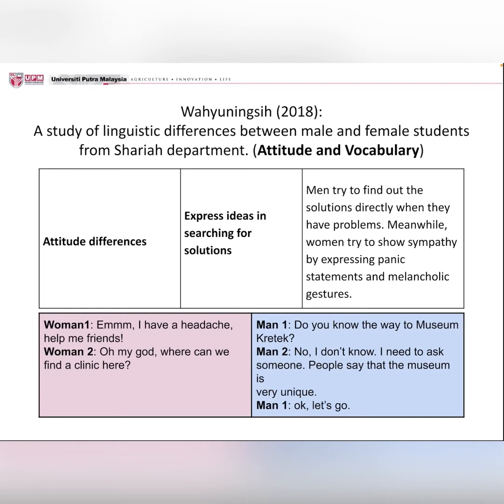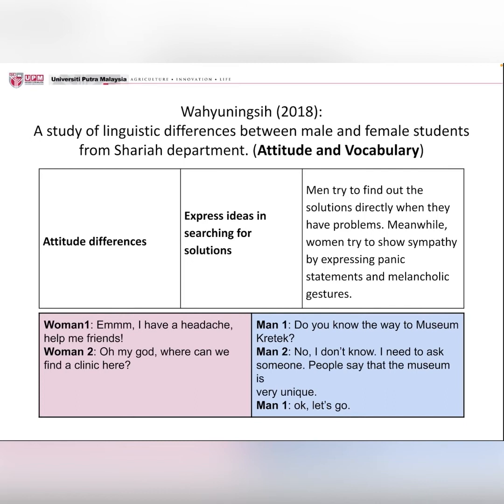From this research, I would like to highlight two aspects of differences. First is attitude differences, in terms of how males and females express ideas in searching for solutions. We can see that men try to find solutions directly when they have problems. Meanwhile, women try to show sympathy by expressing panic statements and melancholic